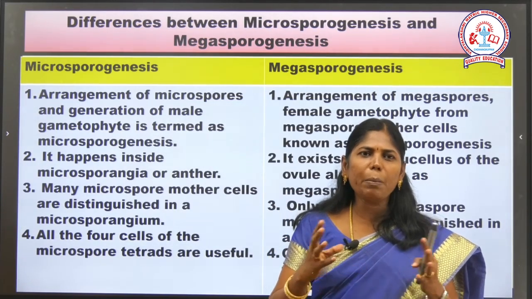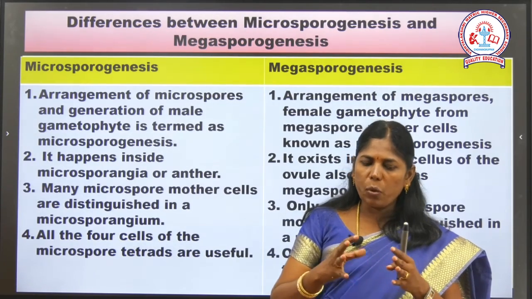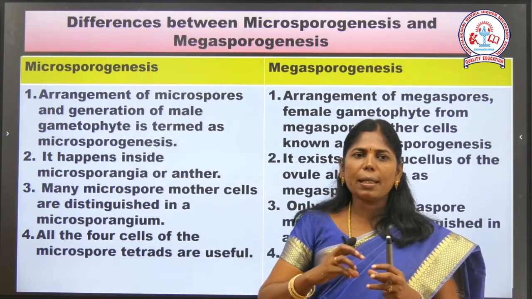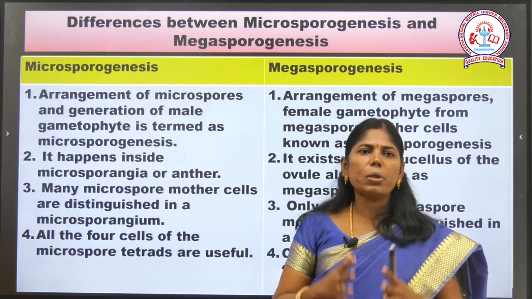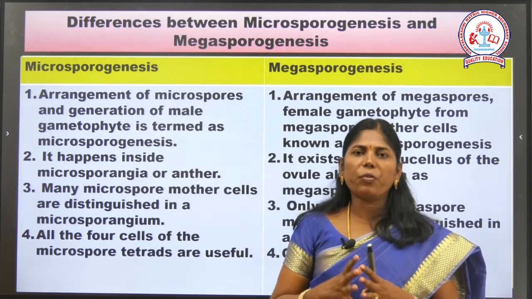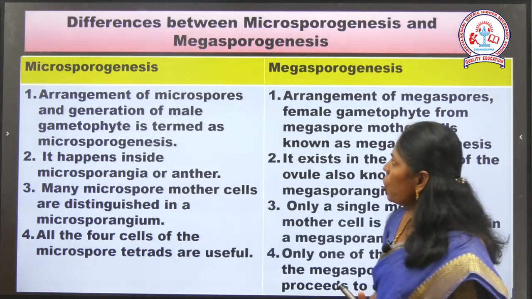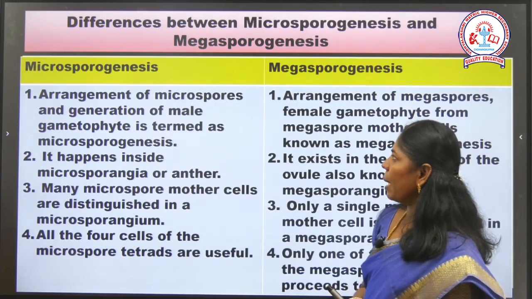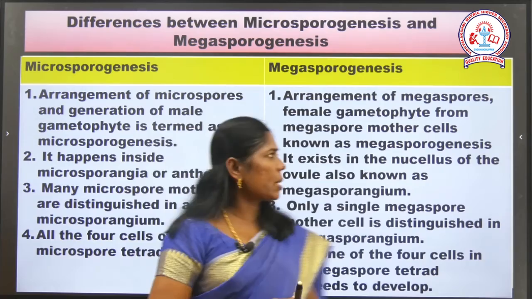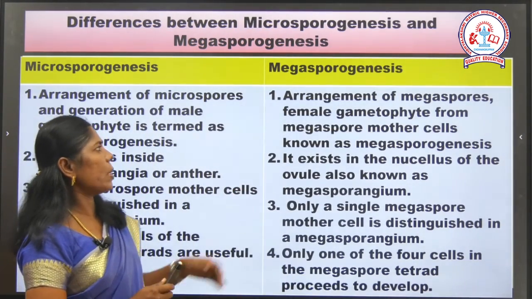It has many microspore mother cells that are distinguished in the microsporangium. In some species they are separated from each other, in some they are held together. All 4 cells of the microspore tetrad are useful; everything undergoes tetrad formation. But here, the arrangement of the microspores and generation of the male gametophyte is termed microsporogenesis. Just look at here: the arrangement of the megaspores, and the female gametophyte from the megaspore mother cell, is known